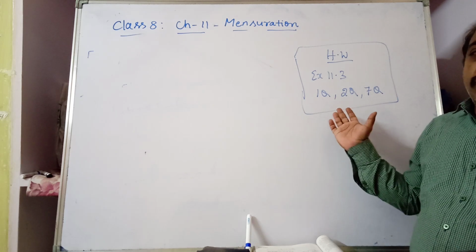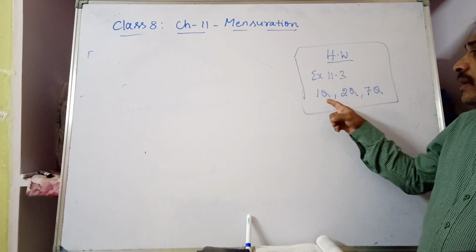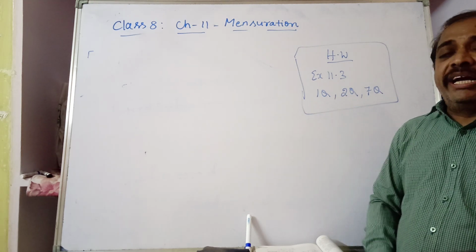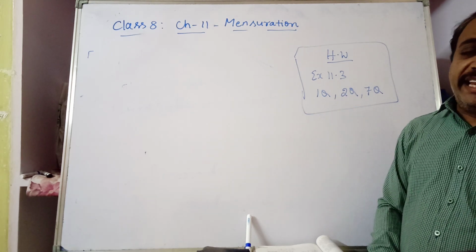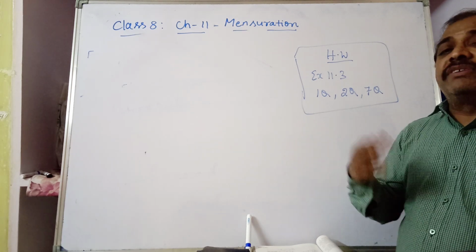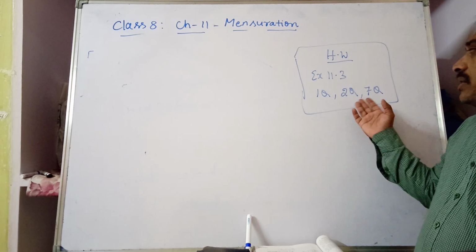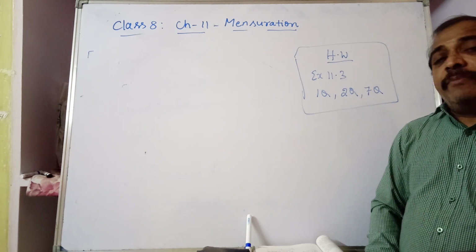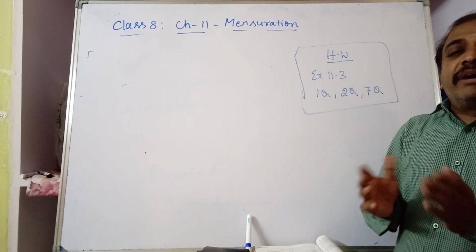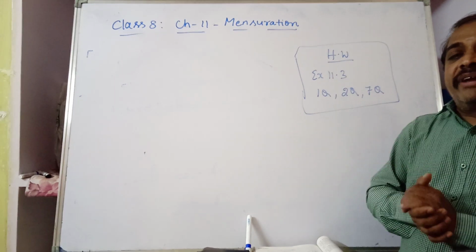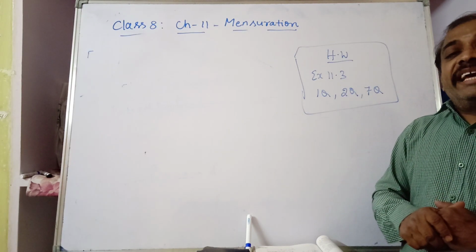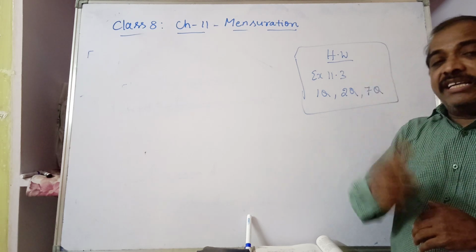So here we have some homework questions from exercise 11.3. Question number 1, 2 and 7. Question number 1, you have cube and cuboid, which is having greater surface area. So total surface area of both cube separately, cuboid separately find out, and which is having more. And in question number 2, the cuboid measures are given, and to cover the cuboid with the tarpaulin, that suitcase cover. To cover means all 6 faces you are covering. Like that, some boxes, 100 suitcases to cover. What is the area of the tarpaulin required, he is asking.